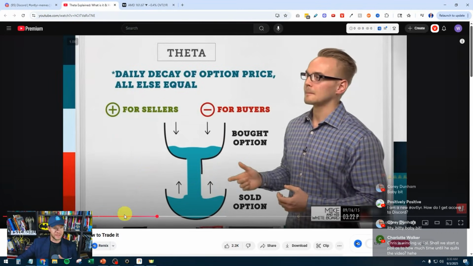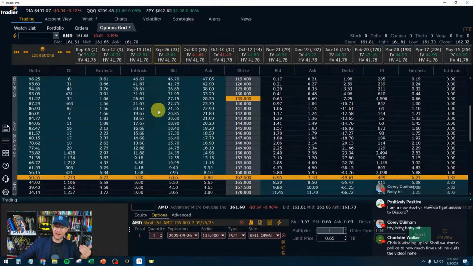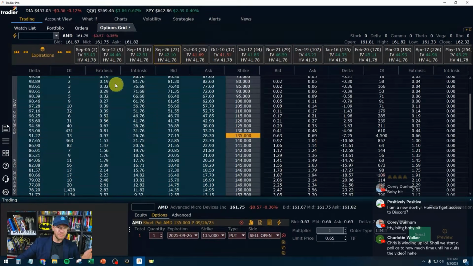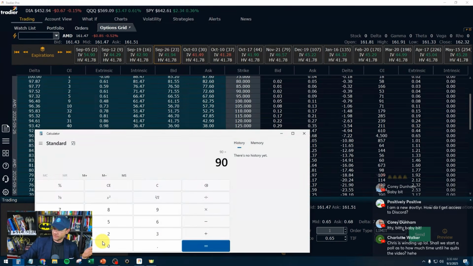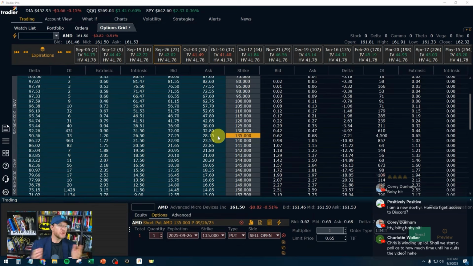You can mitigate this, you can work against this by just going deeper and deeper into the money. Because look how much extrinsic value there is. 90 cents on this one. 90 cents on $33.20. How much is that? 90 divided by 33.20. 2.7%. So you're telling me that I either need to hold it for 23 days to make 2%,